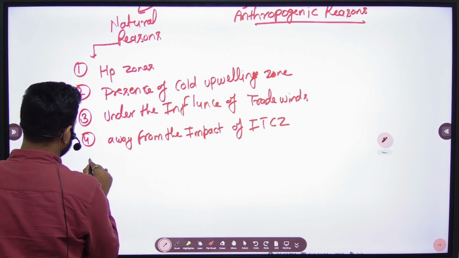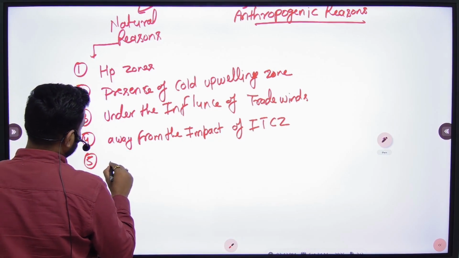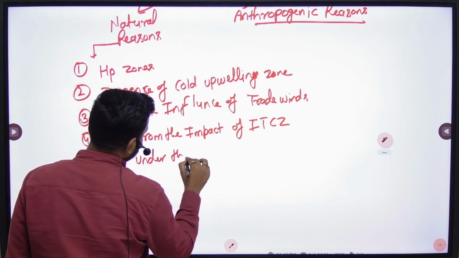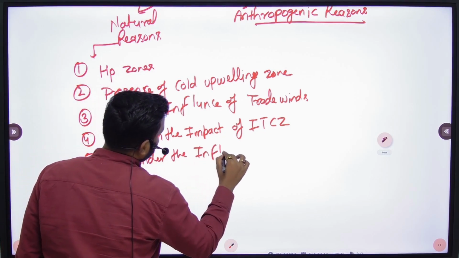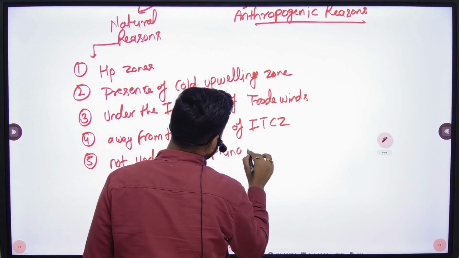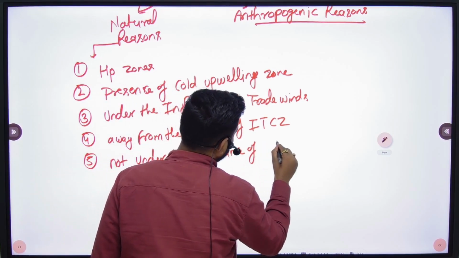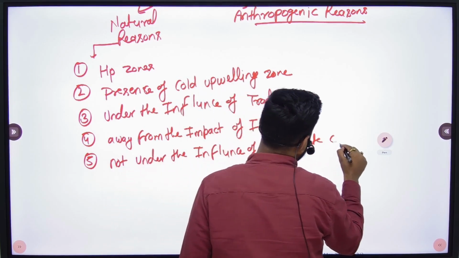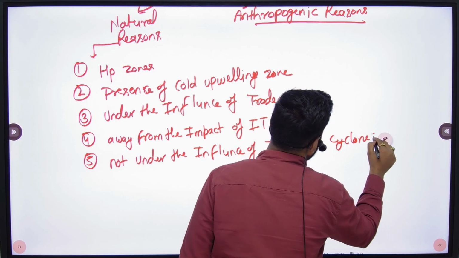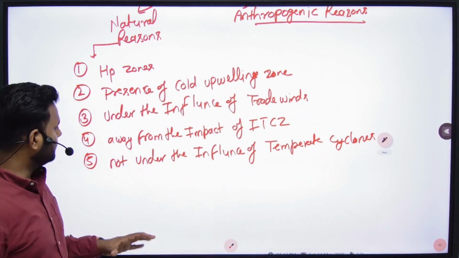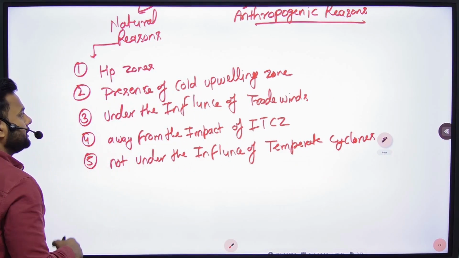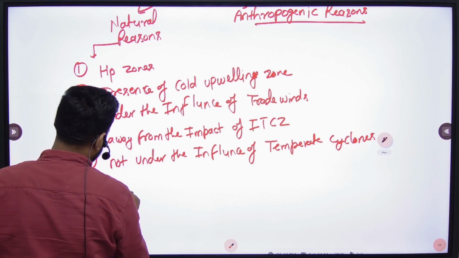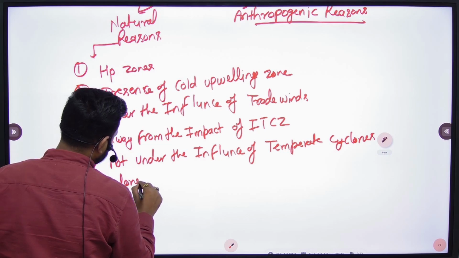Fifth reason is not under the influence of temperate cyclones which are carried by the westerlies. Okay, these are some regions, and you can write down the sixth reason: along the hot deserts,